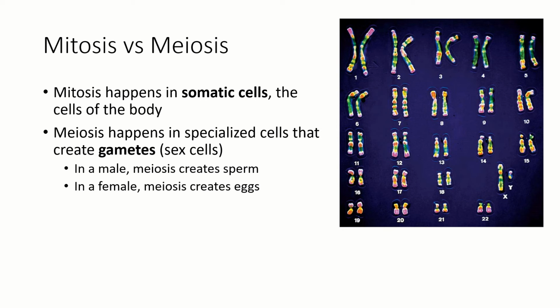So now, before I go further, and we're going to talk more about this when we talk about sexual reproduction, I do want to say a word about how I'm going to use these terms male and female. That is because the biological definition of male is an organism that makes sperm. A biological definition of female is an organism that makes eggs.